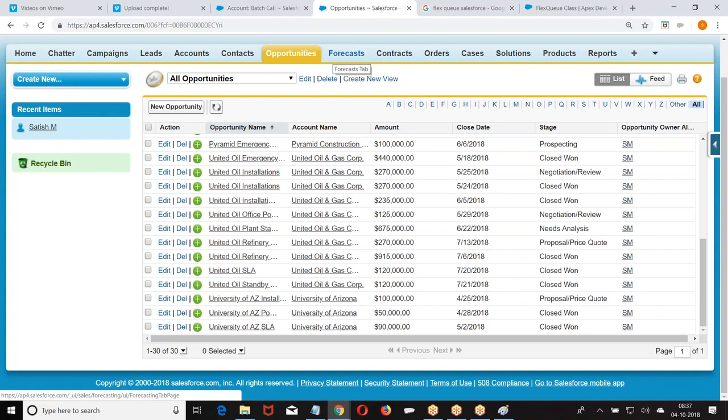It will break the operation into a number of sub operations, break the job into a number of sub jobs, and run all the jobs independently. As every job is running independently, every job will have its own set of governing limits. That is how we can resolve it. To run an operation as a batch operation, what should you do? The class should implement Database.Batchable. Any class implementing Database.Batchable has to define three methods: start, execute, finish.